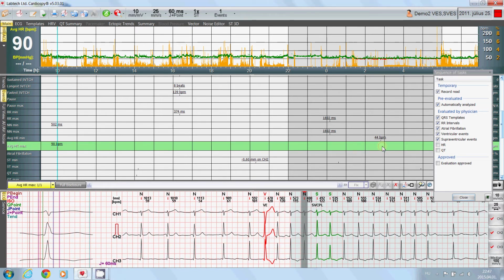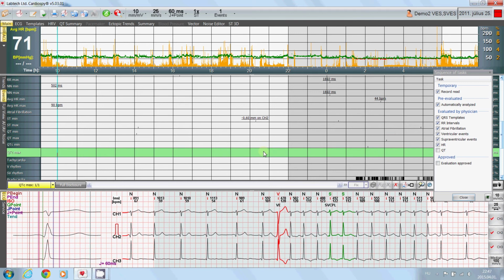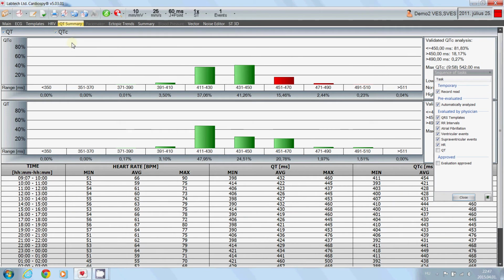You can complete this step as well, and then have a look at the minimal and maximal QT or QTC episodes and decide if they are within the normal limits. You would also probably want to have a look at the QT and QTC summary graphs and tables which are on this screen. If you complete this, we have basically completed all the steps of the Holter analysis,